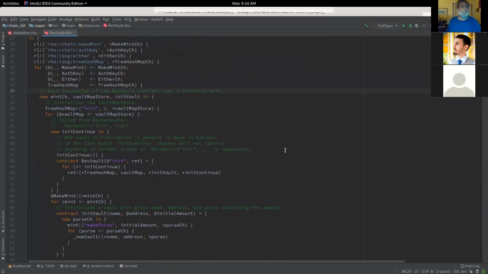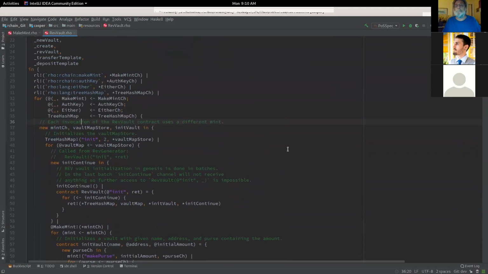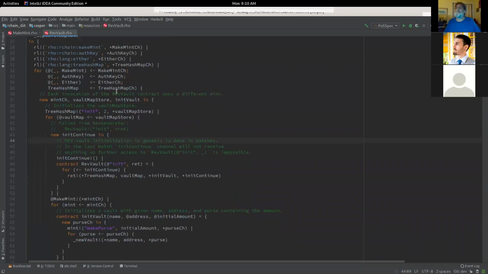So let me just remember where a good place to start is. One thing that I do want to mention is when I was working on these contracts, I went through the painstaking effort of making comments on almost literally every single line. So hopefully, even if you don't have a whole lot of background with this stuff, you can look at this contract and get some insight as to what in the world it's trying to do. No promises, of course, but that was my intention with writing these very detailed comments.